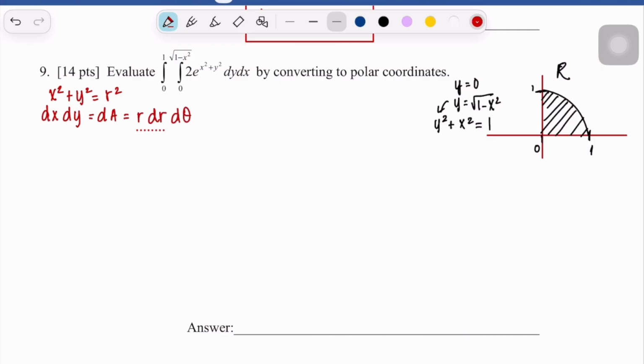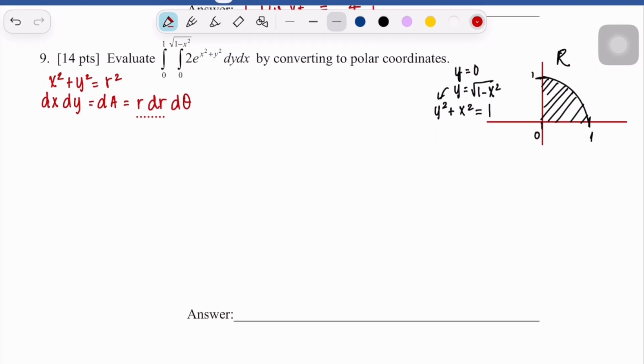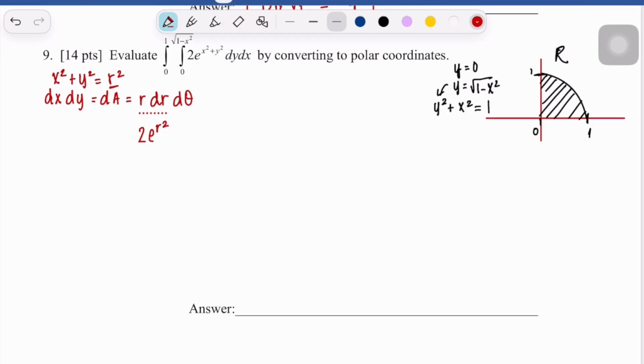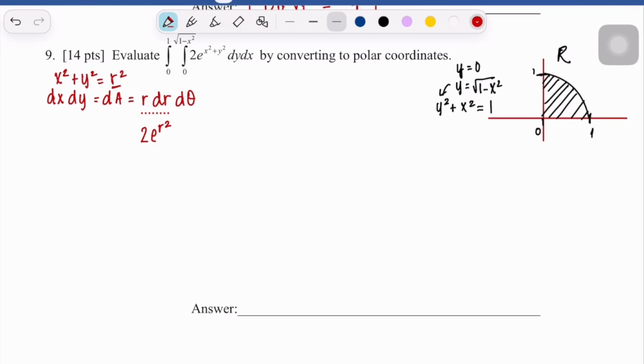I want you guys to know all of these conversions for cylindrical, spherical, and polar coordinates. Okay. So now we just convert everything in terms of what we know. We have 2 times e to the x squared plus y squared, which is just going to be r squared now, so 2e to the r squared, and dy times dx or dx times dy is going to turn into r dr d theta,